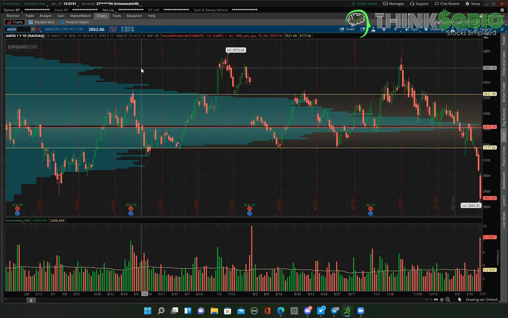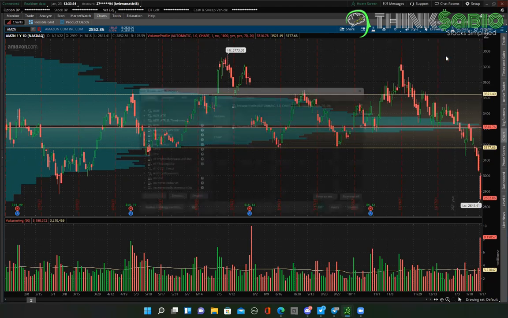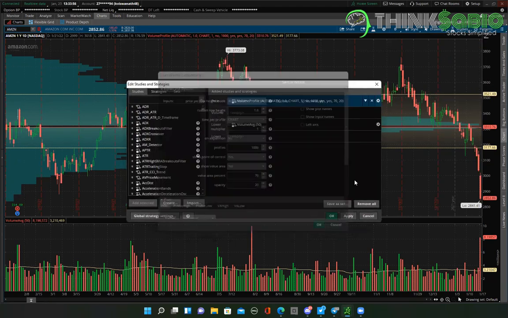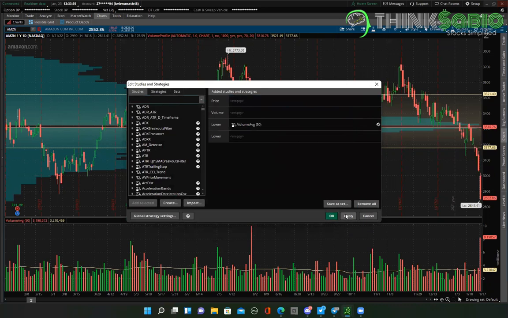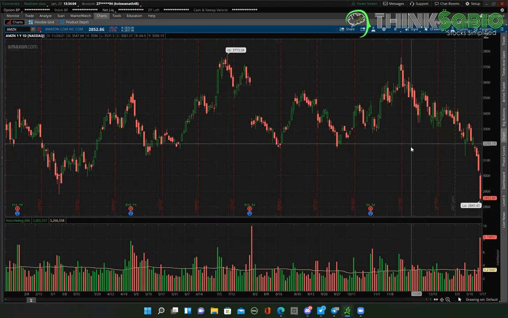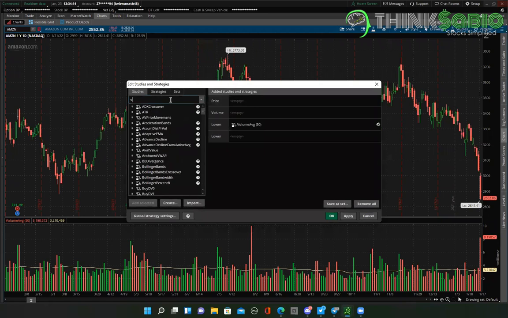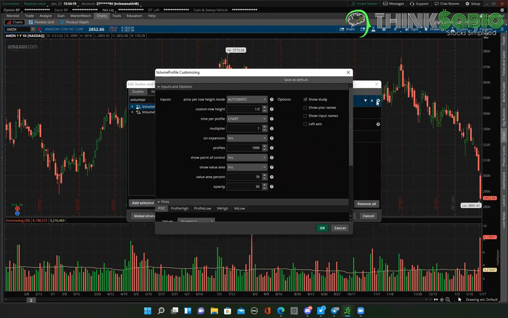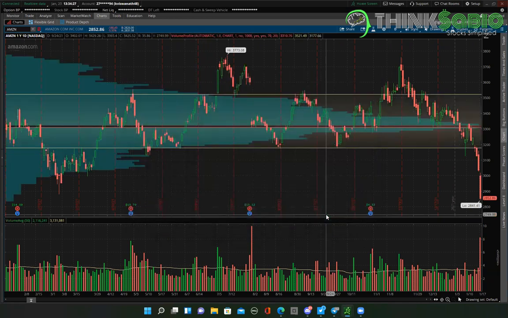And this is pretty much it, right? So you guys have to remember one key trick. Let me remove this, for example. If you look at it like this, maybe you would have drawn a support level right here, maybe here, 3172. But then what if you're not good at drawing support and resistance? Well, don't worry. You can plot volume profile